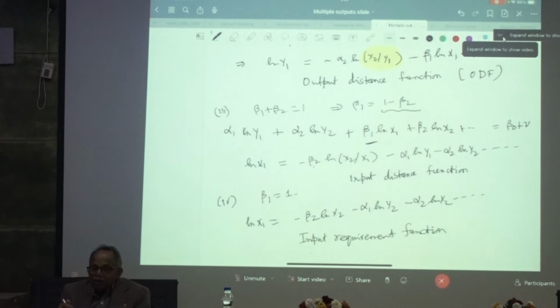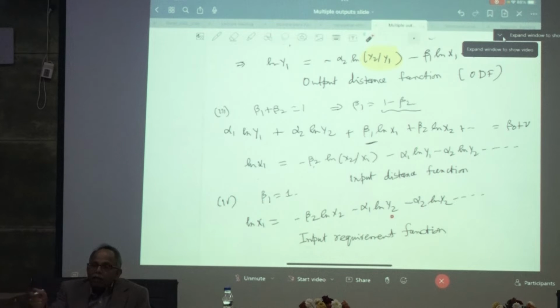Because in 1 we had a log of y1 on the left hand side. Now I have log of x1 on the left hand side. So if your x and y are flipped, then you are going to be getting exactly this expression. So this is again in a sense a mirror image of this production function. Now again in practice, 1 and 4 are not used much, because you have the same situation. You might motivate in your research that well, my objective is to figure out what is the minimum amount of labor to use. But then other inputs, again your x2, x3